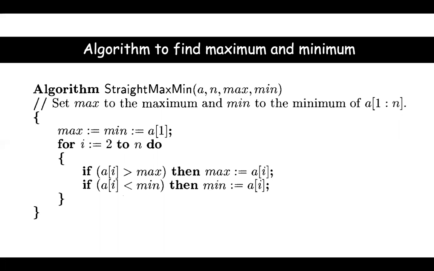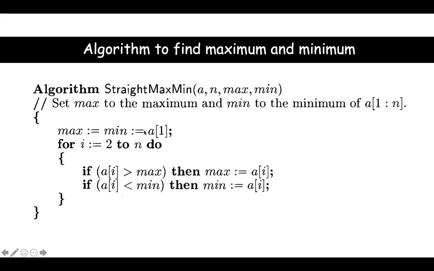If array has got 1, 2, 3, 4, 5, first element is 1. So max and min value will be 1. Next, for I is equal to 2 to n means from the second element. Don't assume, like say that array index starts with 0. You can give A of 0 here. Here for loop you can start with I is equal to 1 to n minus 1. So for I is equal to 2 to n,